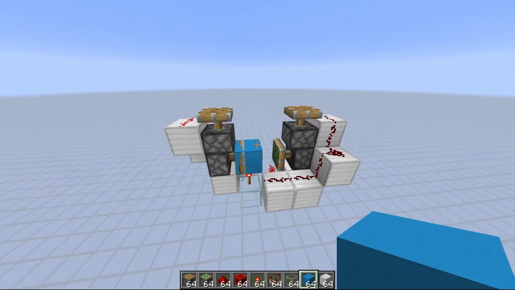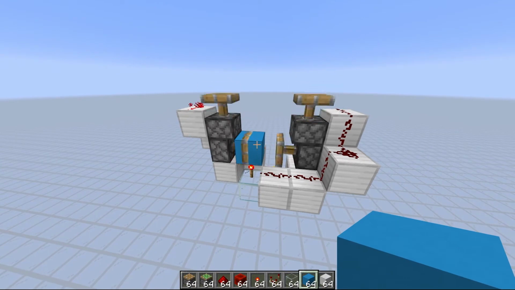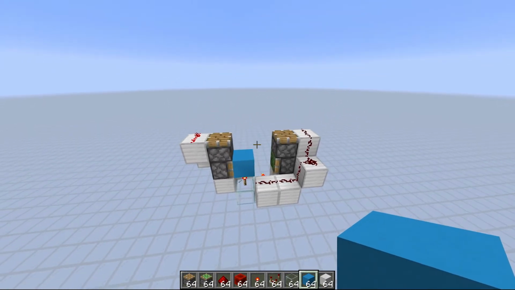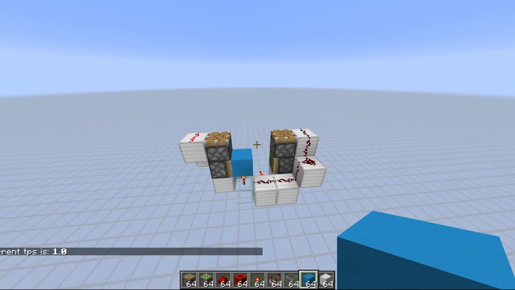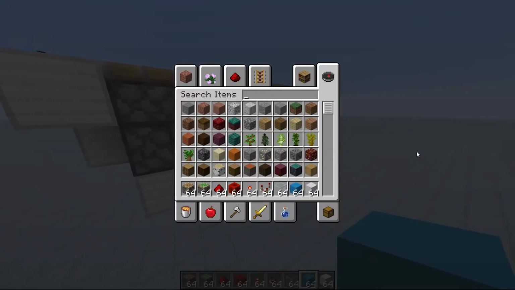Okay, so it looks like maybe they're passing the block back and forth, but it appears as if they're only going one way. Let's see. What happens if we slow this down? Oh. So I wonder